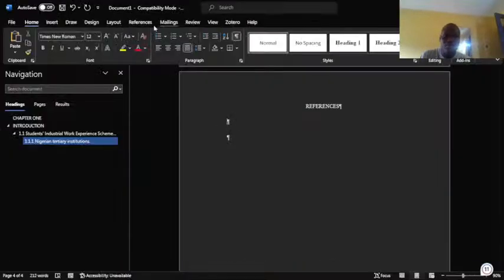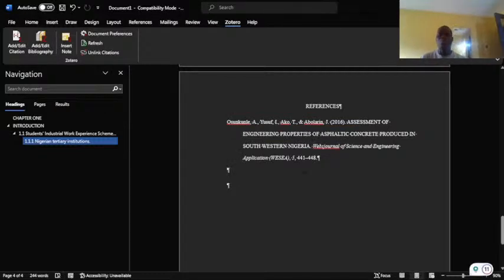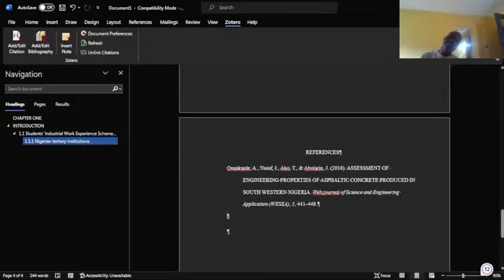So you now come back to Zotero again. Then this time around, you add or edit bibliography. So you see, automatically it has even formatted it. So that means once you are able to do the first one like this,